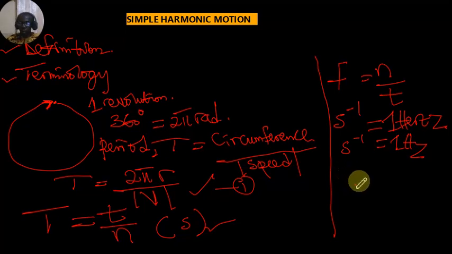And then we've talked about revolution and the circumference of a circle, which is the total distance round that circular path, equivalent to 360 degrees, which is 2 pi radians, and that will give you circumference over speed. All right, so let's go to the next part, which is the relationship